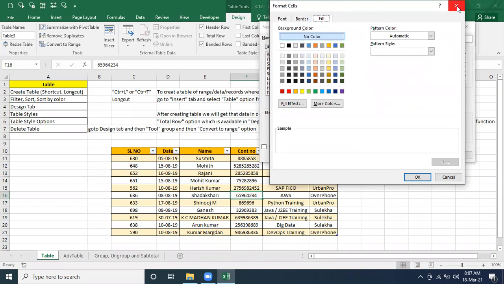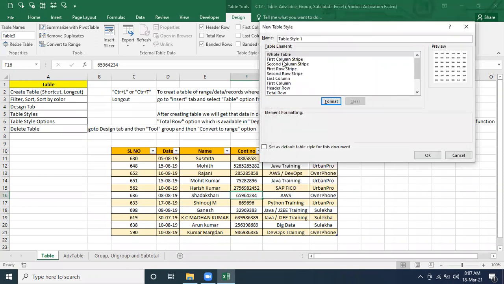So apart from that, after this you have to define for this one. This is what you did for the whole table. If you are not going to specify anything, like alternate first column stripe and second column stripe, or row stripe, all of that is there. So you have to specify one by one, and then only it will be perfect. So already we have these, so why are we going to define all those things, correct?